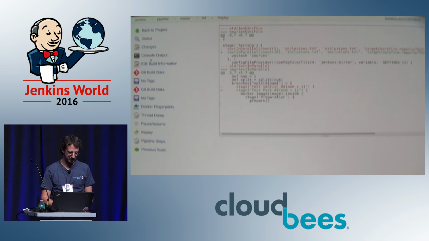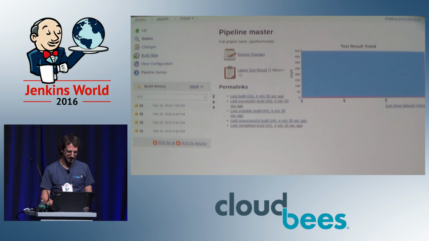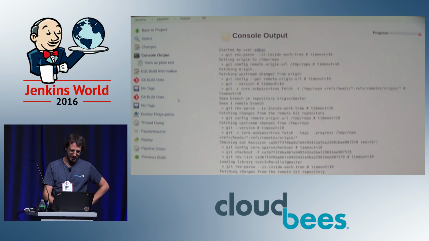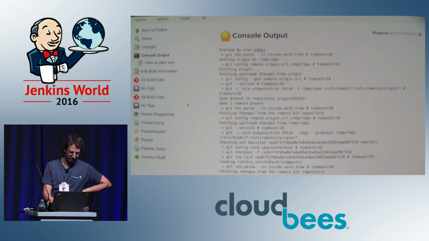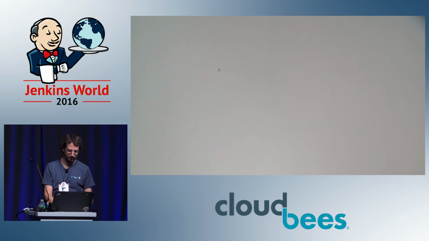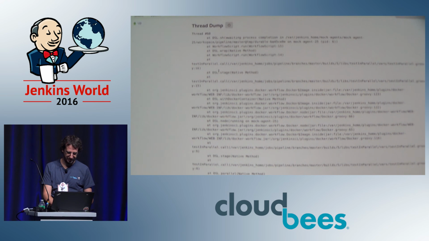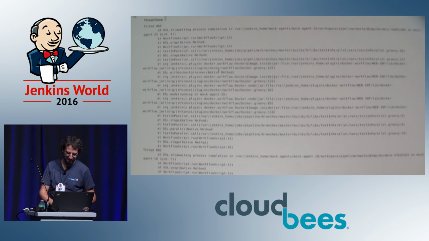So that's something that's pretty handy for troubleshooting issues and trying to play with other kinds of things. We also have some other things that are useful for managing your build and looking at what it's doing. For example, there's a thread dump link that if you go to that, it's going to take its time, but let's see if I can make this smaller because it doesn't really work when it's line wrapped. So at the back, you're probably not going to be able to see all of this, but this is